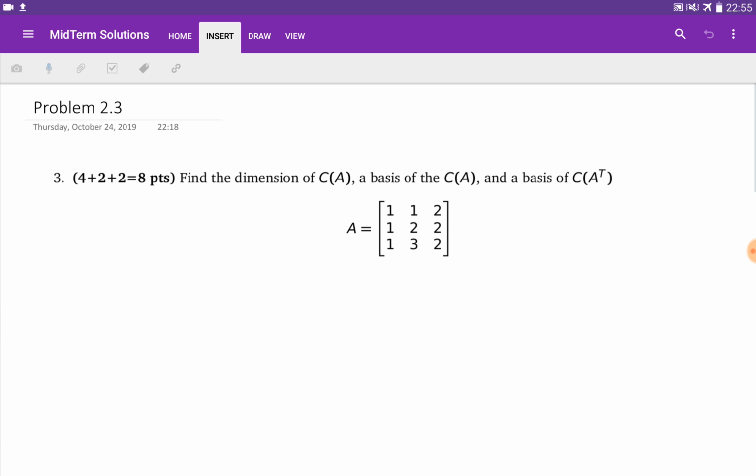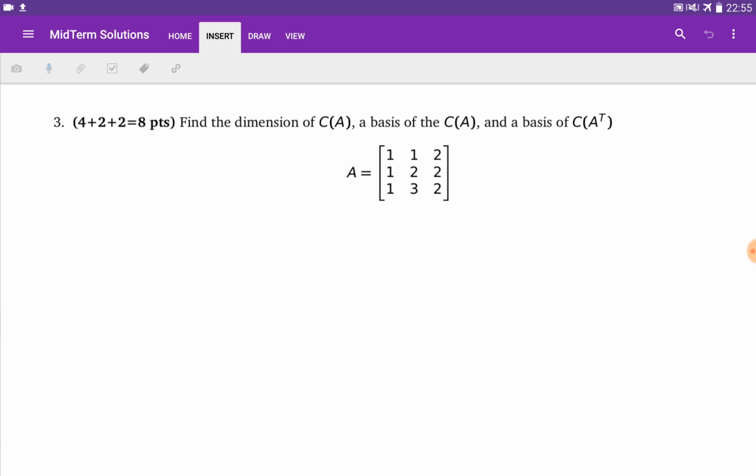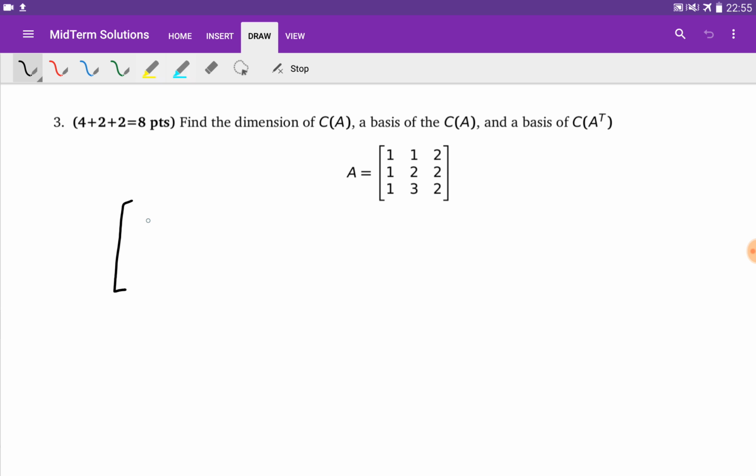The third problem of the second part is about finding the dimensionality of the column space, the basis of the column space, and the basis of the row space of this matrix. So in order to find the column space, we actually need to find the number of independent vectors. So basically, we need to bring this matrix 1, 1, 2, 1, 2, 2, 1, 3, 2 to the reduced